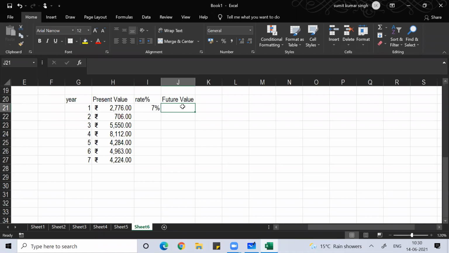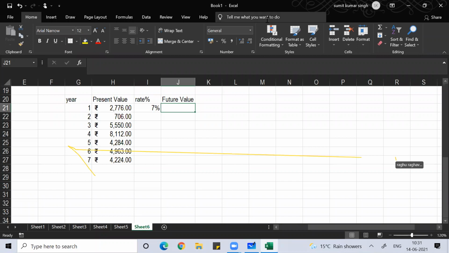Maybe the life of that product is 7 years. After 7 years, the product matures. Maybe I've taken a 7 year FD or a 7 year RD, recurring deposit. Don't tell me it's finance and all. It's something which everyone does. Your mom, dad, whatever they are earning, definitely they are putting aside for you. They're putting their savings for your future. It's not like they have studied MBA in finance. That's why they're doing it. So like the same way,